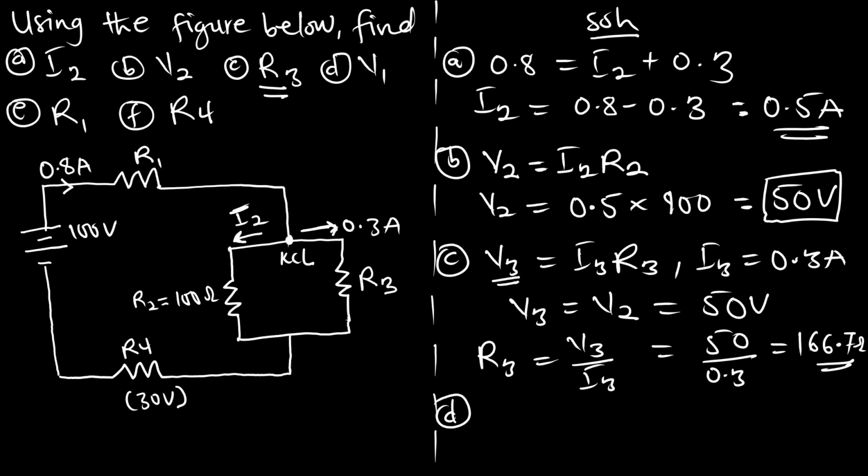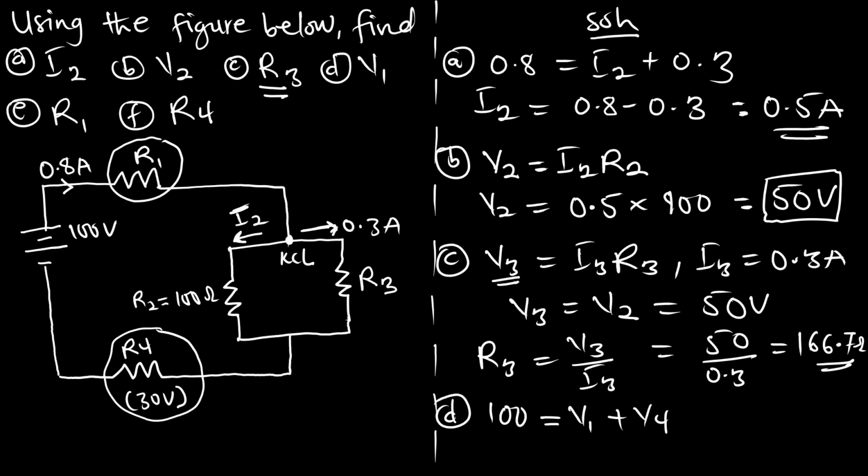So the 100 volts should be equal to the summation of the voltage at resistor 1, V1, plus the voltage at resistor 4, which is V4. You know that when you combine resistor 2 and resistor 3, you get a series connection with R1 and R4. And remember, the same voltage is across resistor 3 and resistor 2, so the same voltage for the combined resistance. So that is also going to be plus